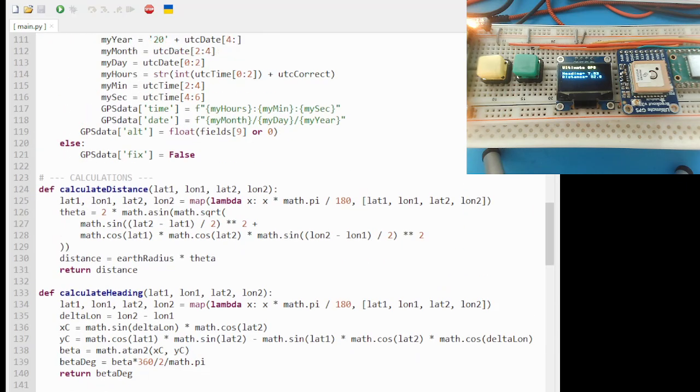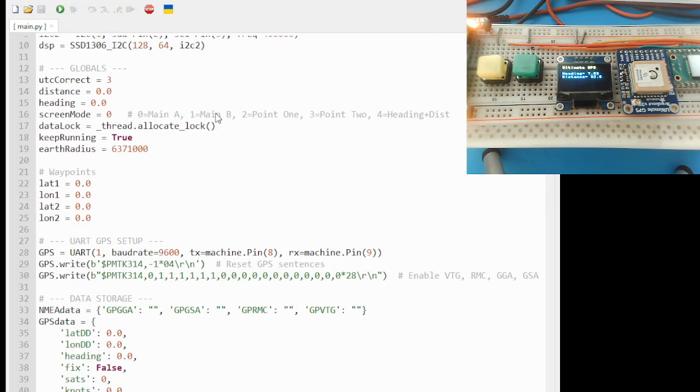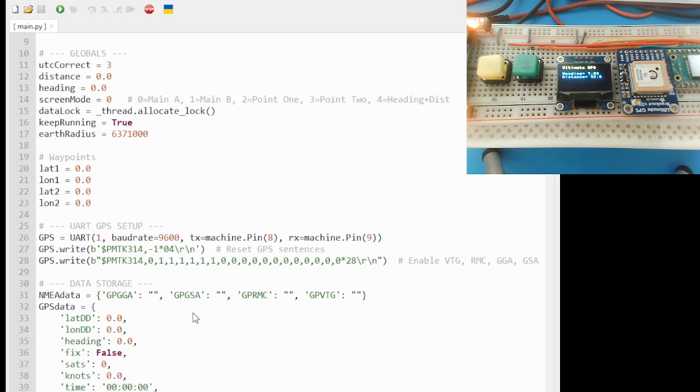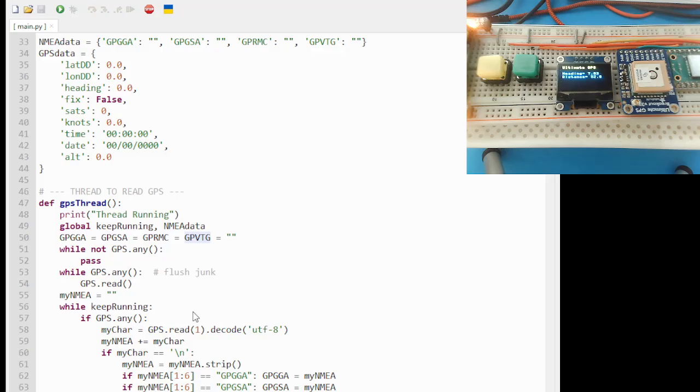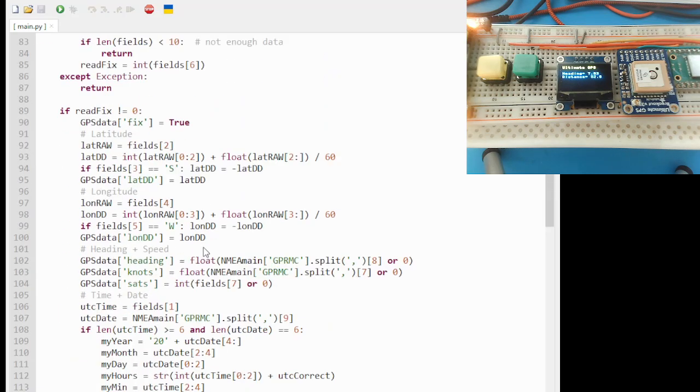and let's look here. I added a few variables because in order to do this, we had to have a few other ones. I had to have distance, heading, screen mode. Then I had to have Earth radius. Then lat 1, long 1, and lat 2, long 2. Now if we go down here, this is all the stuff where we get the GPS and then parse